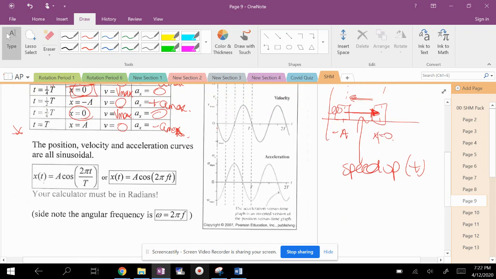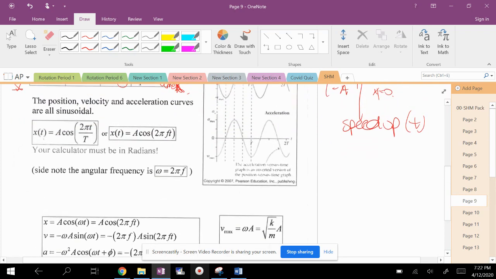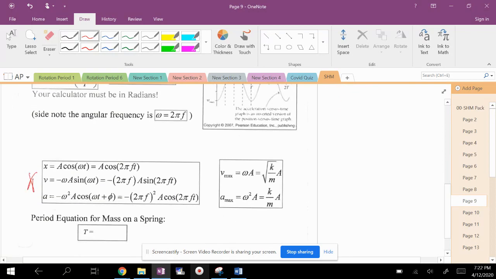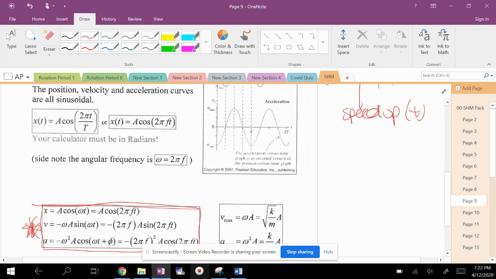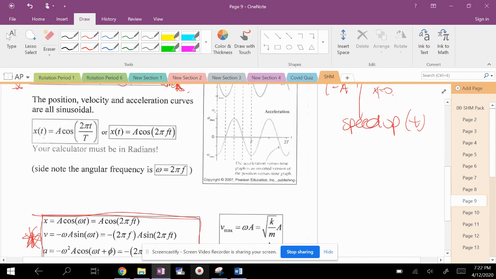Okay, so how do we write this in terms of equations? Well, this is where we are going to get into derivatives. So if you are taking calculus, this will be nice for you. For those of you who aren't in calculus, you're going to have to memorize this little box here. Okay. I'm going to continue this part of the lecture in another video,